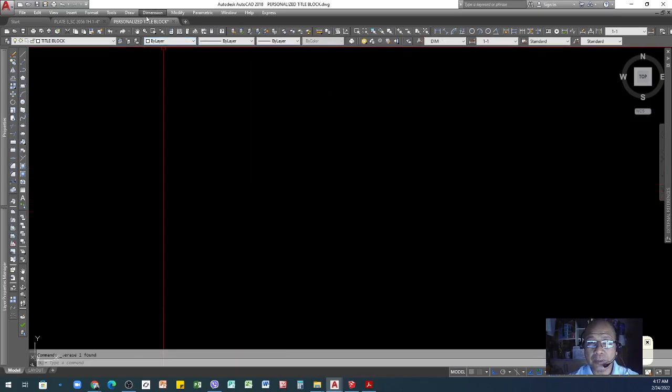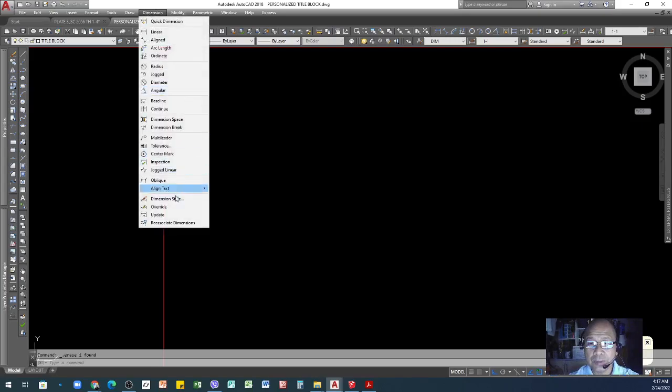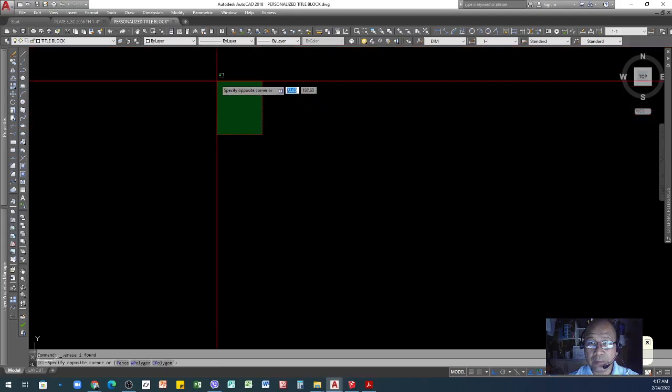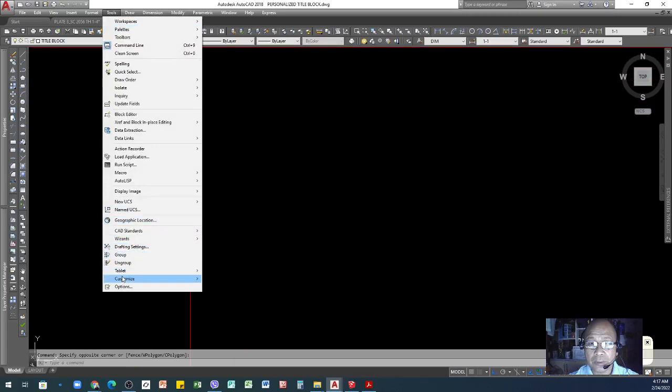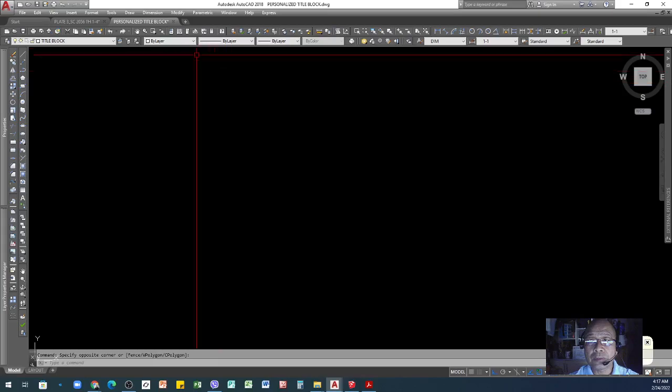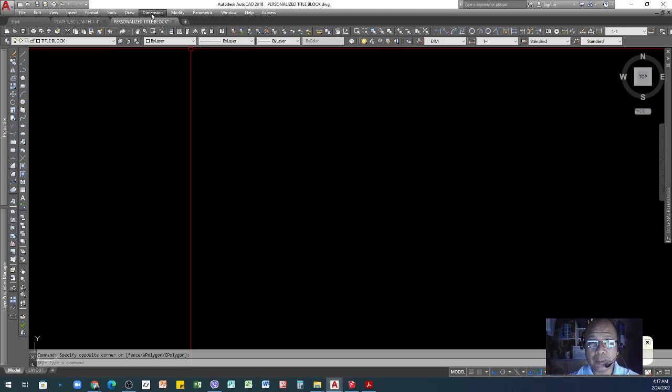How to do it? Just go to Dimension, then look for Dimension Style. I think it is also available under Tools. It's not here. There are two ways that you can set up your dimension.